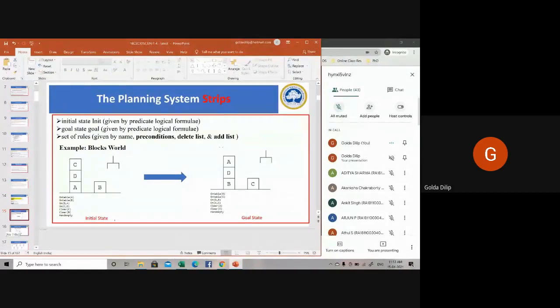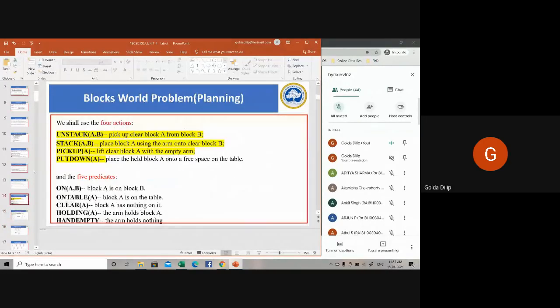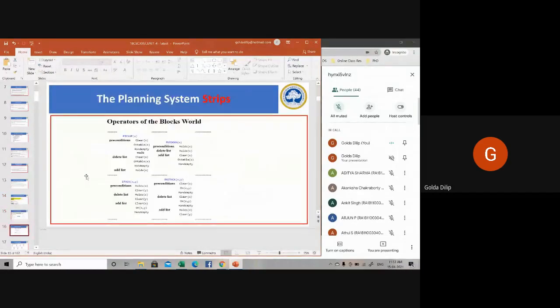Okay, so that's what the block world problem is about. Now coming to the STRIPS representation. I said STRIPS is nothing but an action centric representation, and STRIPS will have certain things. The operators or the actions will have some names. Out here, what were the actions or operators? We had 4 actions: stack, unstack, pick up, put down. Operators or actions. Then, as I had mentioned, it will have a precondition and a post condition, the initial conditions and post conditions. The post conditions can also be represented as add list or delete list.